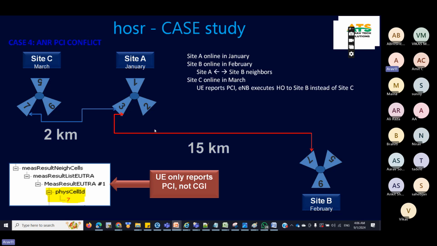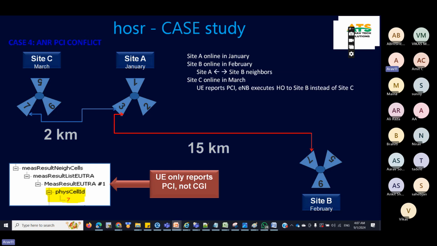Because there is a conflicting of the PCI. Once this site tries to give the handover to this site, because this neighbor is already created in your network by the ANR. This site comes in February, and this site comes in March. So once this site comes in March and is radiating with the same frequency, same PCI as this site, as per the layer 3 message analysis, you will find that the UE only reports the PCI